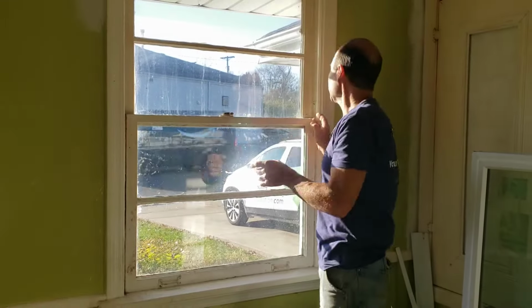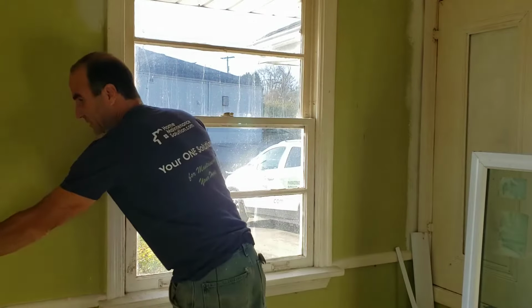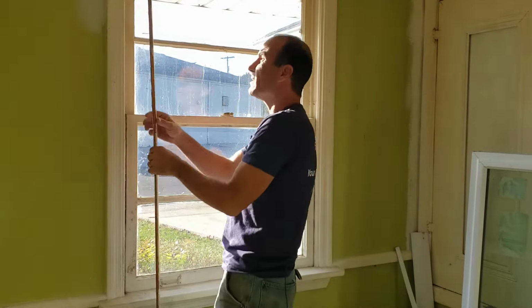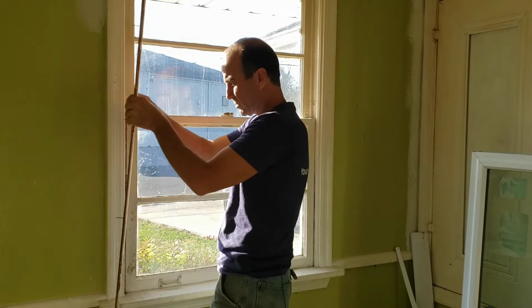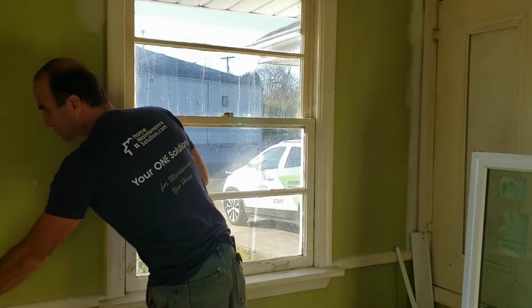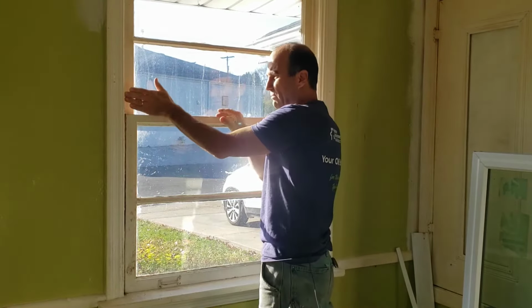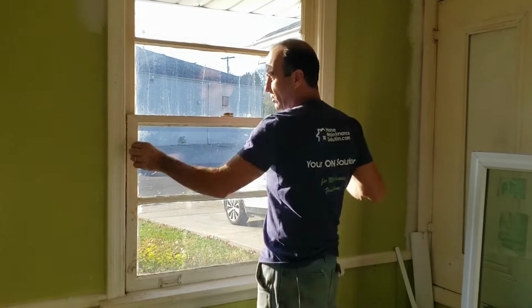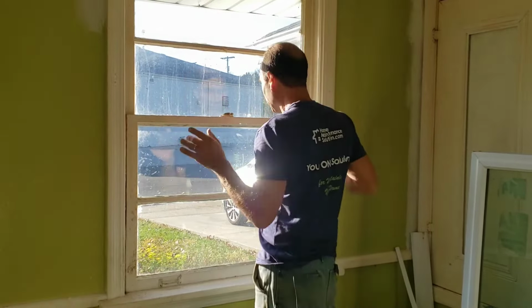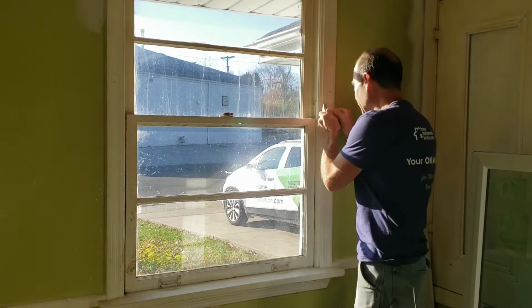What you want to do is take out the window stop all the way around. Now I've done this side already. You can see how this used to be attached here. I pried it out and I even cracked it a little bit, so you want to be careful. You might want to use that again. You might not, depending on the thickness of your window. If the window's set in further, you may not want to use those window stops. You can always get a piece of doorstop molding or something to trim it out afterwards, and we'll show you how to do that. But the first step is to kind of cut the paint along here